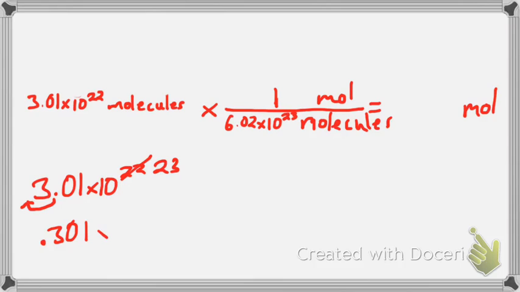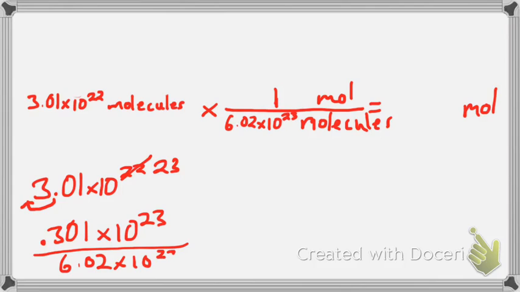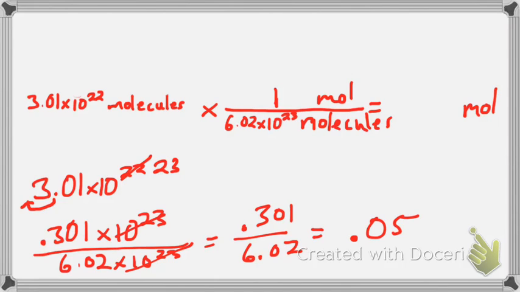So now we have 0.301 times 10 to the 23rd, and now we can divide it by 6.02 times 10 to the 23rd. Okay, 10 to the 23rds, those cancel off. So now we basically have 0.301 divided by 6.02, and this gives us a final answer of 0.05 moles. So we come up here, put our final answer up here, 0.05, and that is our final answer